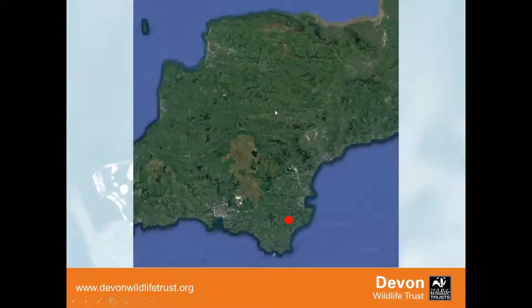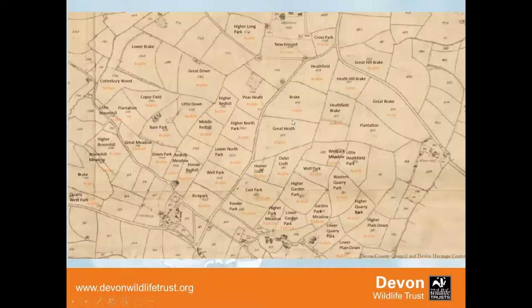So I thought I'd just use a bit of an example from near where I live. I'm from South Devon, and this is from a patch. The red dot there is near Blackawton in South Devon. And I've just looked at the tithe map, which tells a good story about the history. You can see in black here, I've written on, the tithe map comes as a map and the apportionments, which is all the information associated with the map.